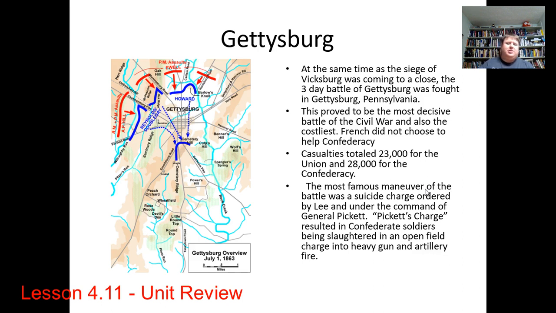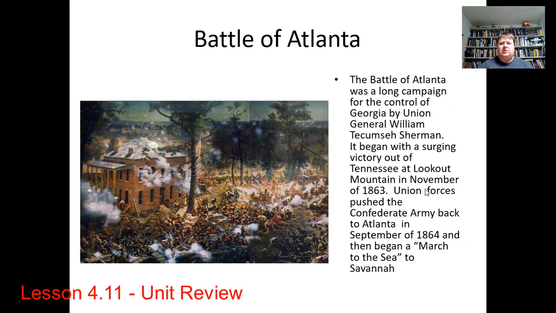One of the big maneuvers that they tried was a division of General Lee's under a general named General George Pickett, and he attacked this one spot that Lee thought was going to be weak, but it wasn't, and basically Pickett's entire division was slaughtered. So they were very, very brave in that push, but it wound up being disastrous. So after Gettysburg, you can pretty much bank on it. The North is winning this war after the South had won for so long.